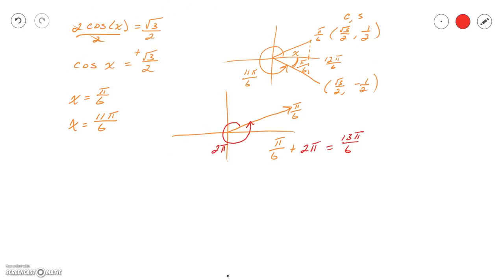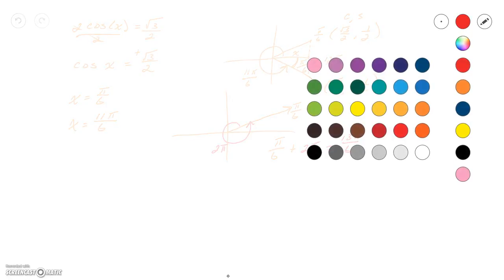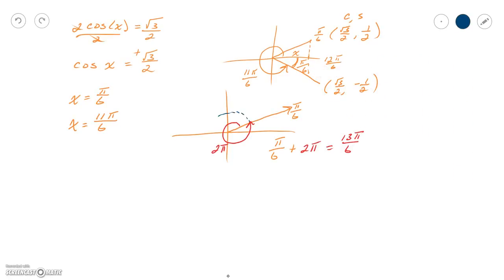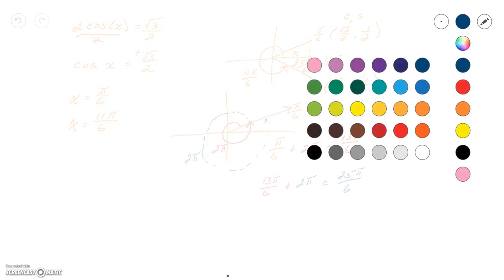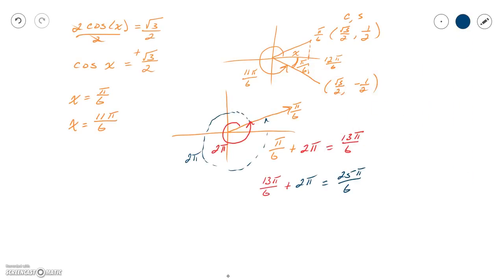Well, I can do that again, right? Once I'm at 13 pi over 6, I can add another 2 pi coming around this way. So that would give me 13 pi over 6 plus an additional 2 pi, an additional 12 pi over 6, which is 25 pi over 6. Well, I can do this all day long, right? I can add another 2 pi to that, and add another 2 pi to that, and so on and so forth. So the way we represent this, if they said find all of the angles, not just some of the angles, but all of the angles